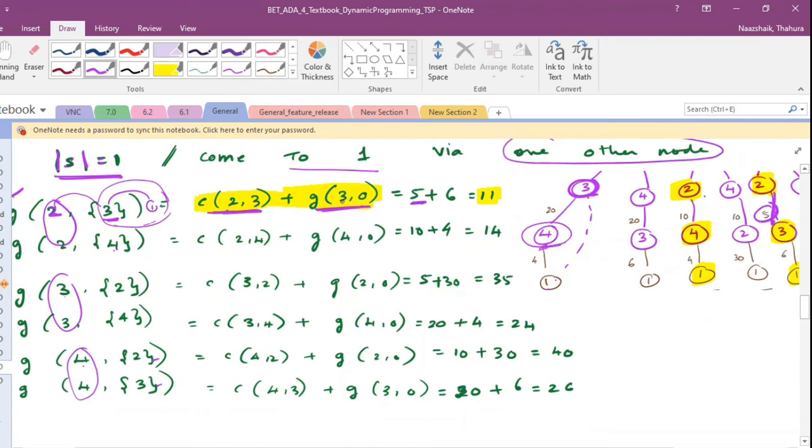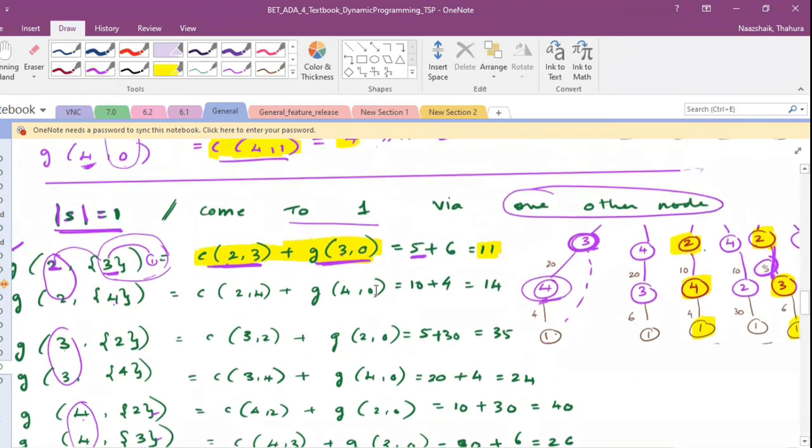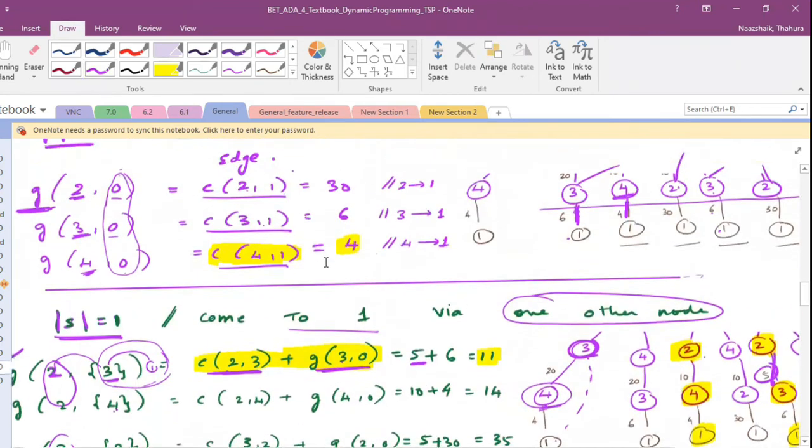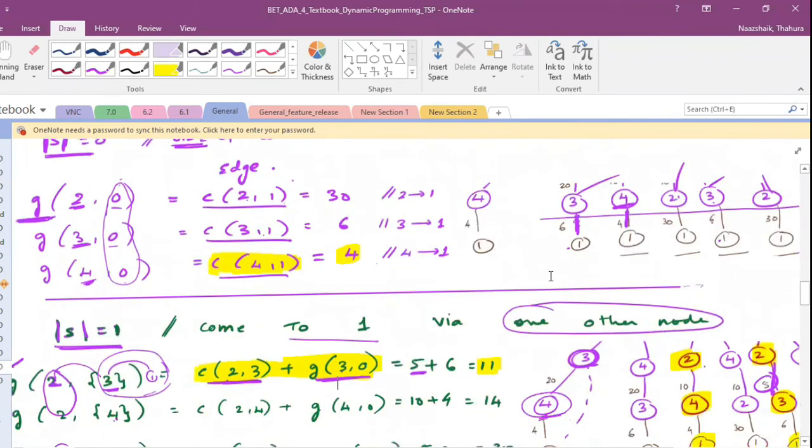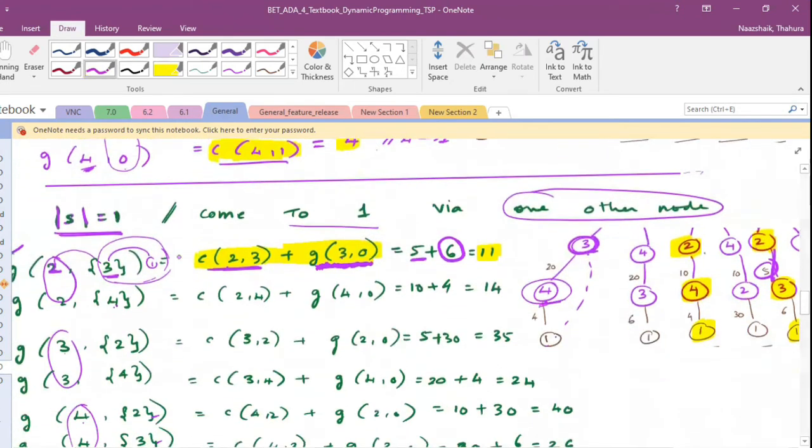But what is the cost of going from 3 to 1? We don't have to look at this graph or adjacency matrix. You just go up. You would have solved this here. Right? You know 3 to 0 is 6. Now we are reusing the formula. Remember, even in that multi-stage graph, or even in Floyd's algorithm, we were reusing what was done in the previous step. Same thing here. Okay, 2 to 4. You go direct cost from 2 to 4, and from 4 to 1, you reuse the formula.